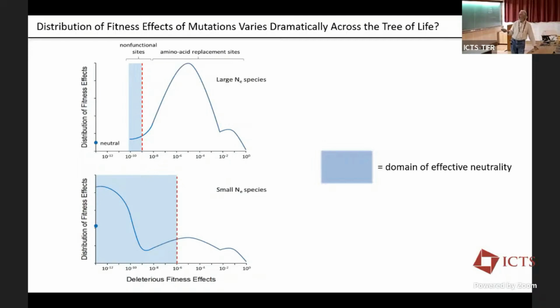I guess I'm thinking about an Ne of, it's actually fairly big for a metazoan, of 1 million. And so these should be 10 to the minus 6, if you can see the minus signs there. All of these mutations to the right here can be perceived by selection, and all the mutations to the left here in this blue region would be in that region of effective neutrality. And then for bacteria, we move this drift barrier way over to the left because we're looking at a population size of 10 to the 9th. And there's only this little tiny tail over here of mutations that can't be perceived by selection in bacteria.